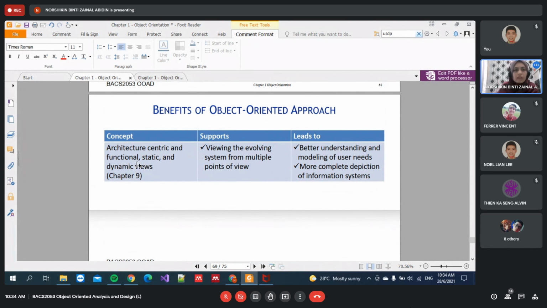I think you will learn this in chapter 9. But if I'm not mistaken, architecture means the elements that you should have in your system. That means when you draw a diagram, you will show every element that you need to use or will be used